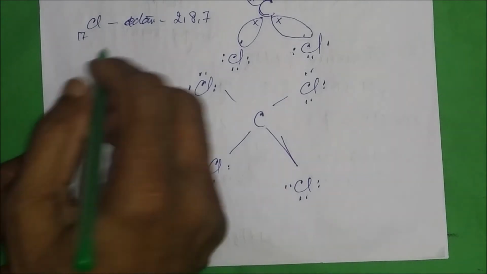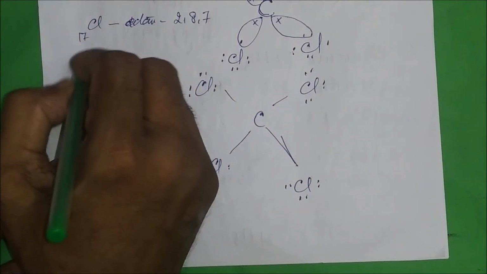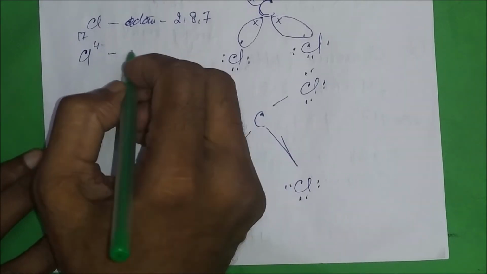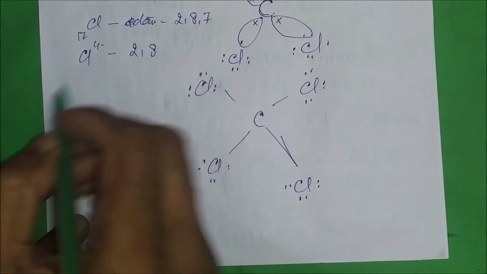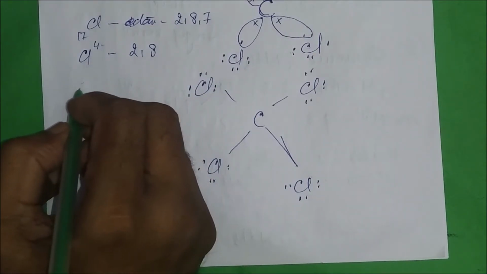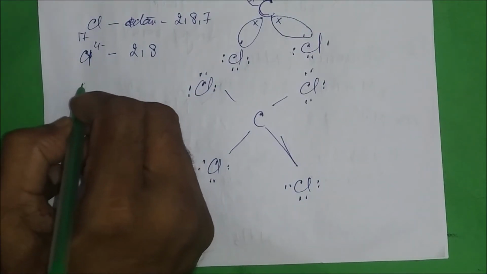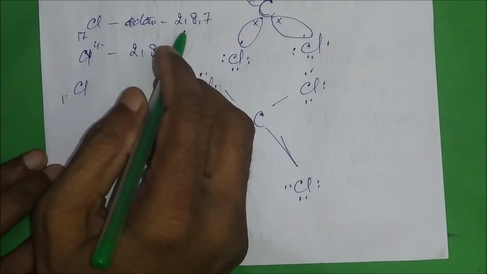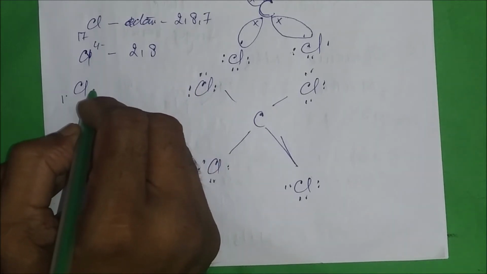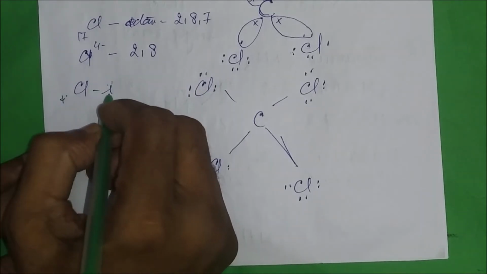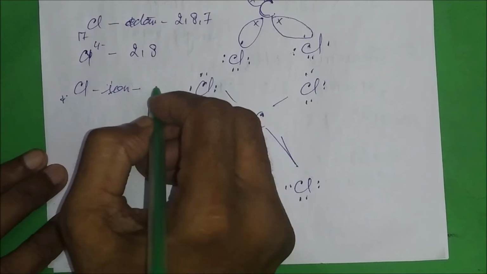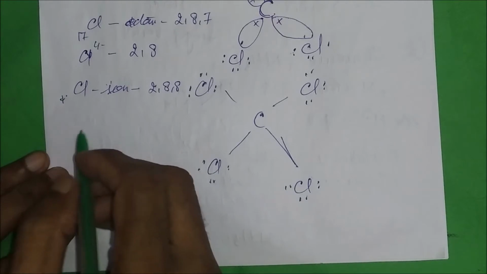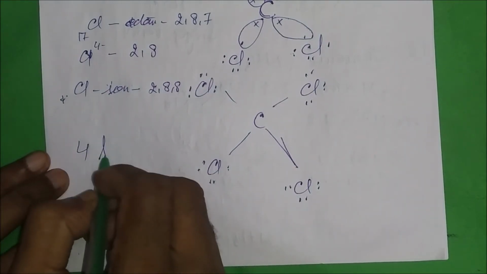So what happened there to this one? So chlorine becomes, what is there? Yes, 4 minus, so it will be 2 and 8. Similarly, what will happen to the carbon atom? A chlorine atom is what? It was 17 there, that I have written over there. So what will be the ions here? Ions will be 2, 8 and 8. So this one has 4 single bonds. How many are there? 4 single bonds.